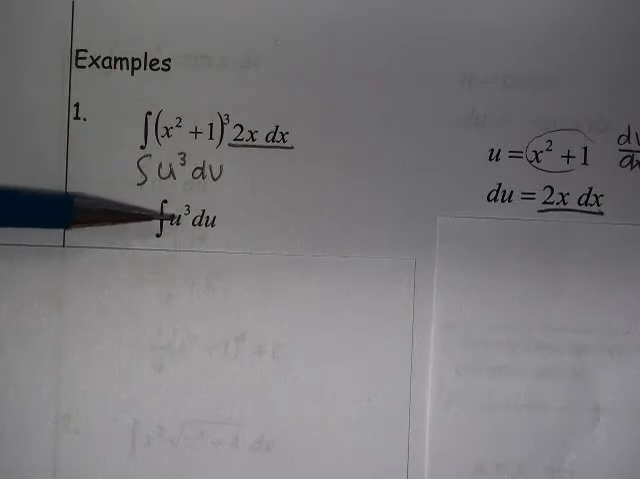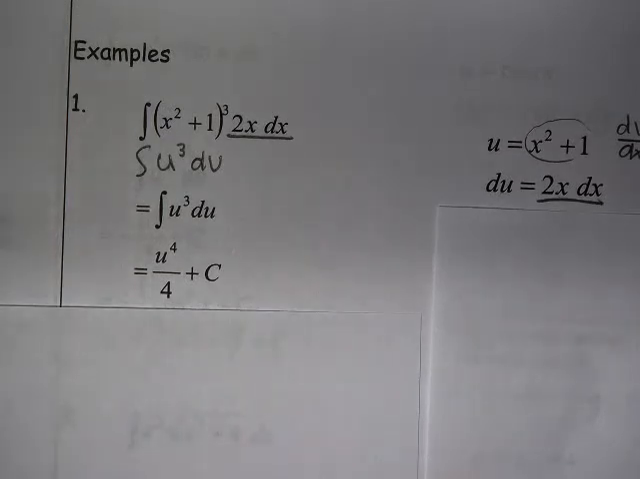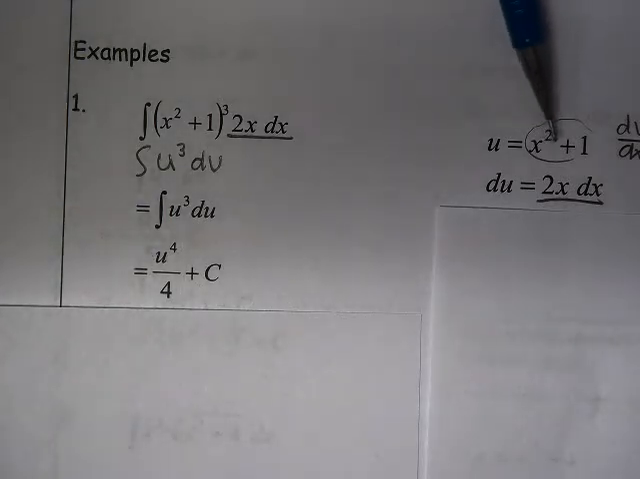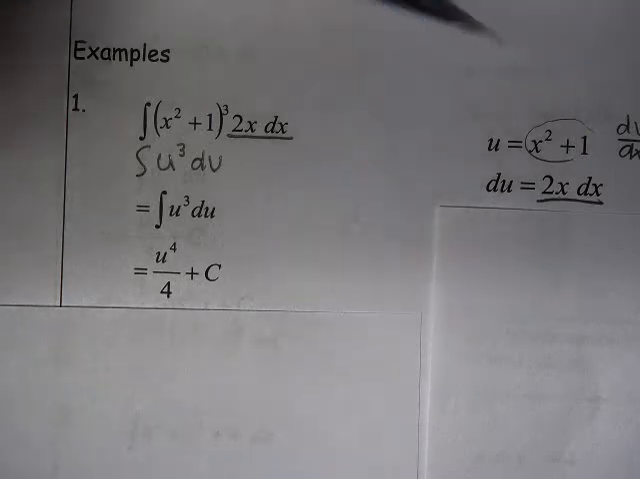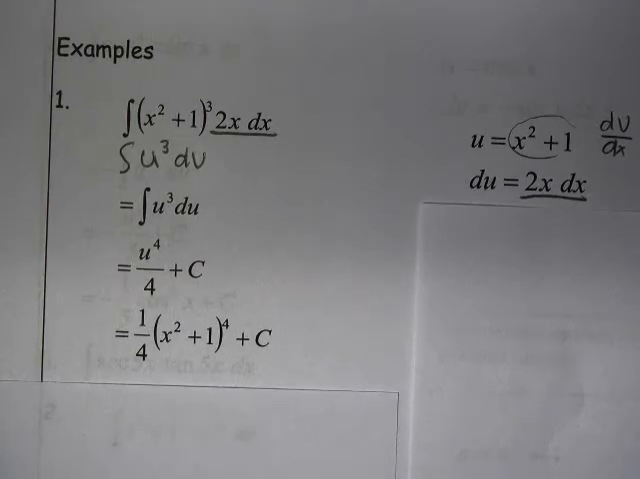I find the antiderivative by adding 1 to the exponent and dividing by the new exponent. Whenever I do an indefinite integral, of course, I have my plus c. So here's the antiderivative of my u cubed, and then the final step is I'm going to replace that u with the original x squared plus 1. And there's my final answer. Right? So taking a look at the next example here,